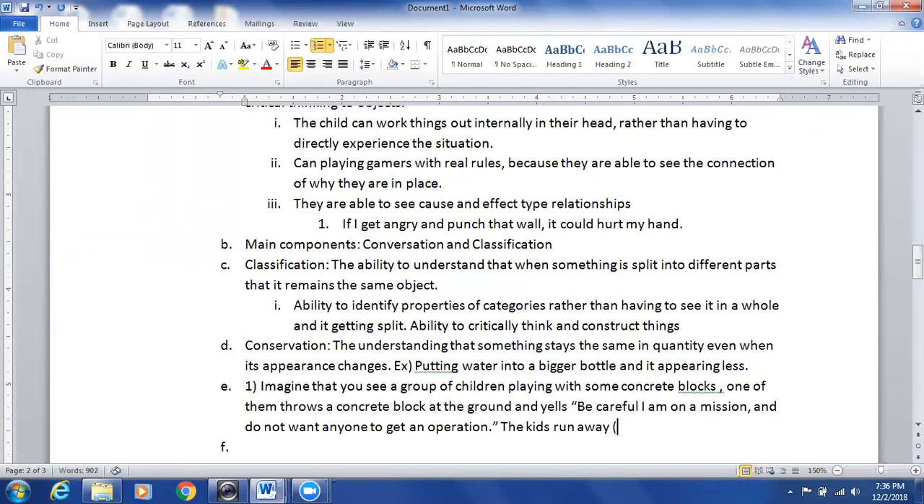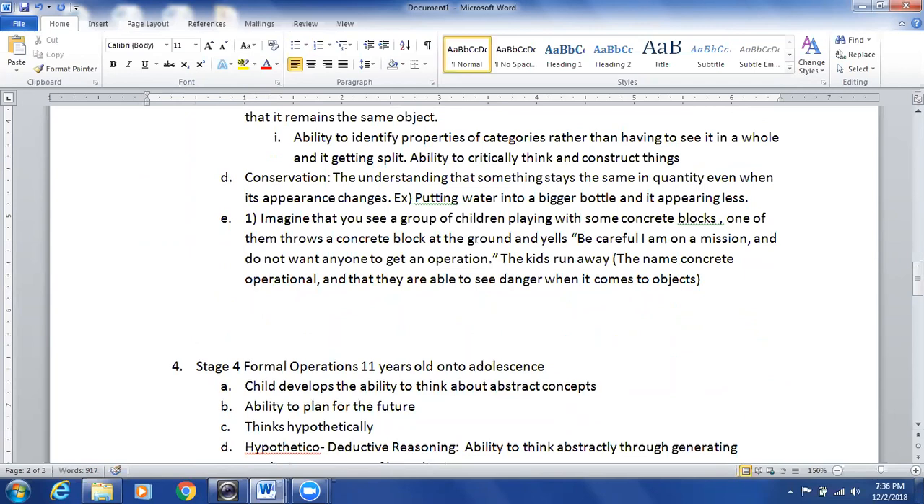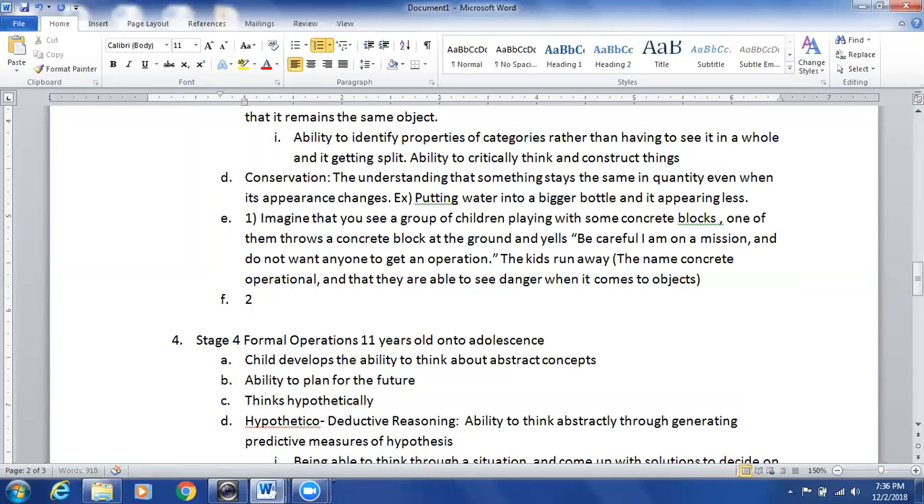And this emphasizes the name concrete operations, well, concrete operational, and that they are able to see danger when it comes to objects. Because remember, they're only able to apply to objects, so kids fiddling around, and he doesn't want anyone to get operations. And then I guess the second example that could do it is,